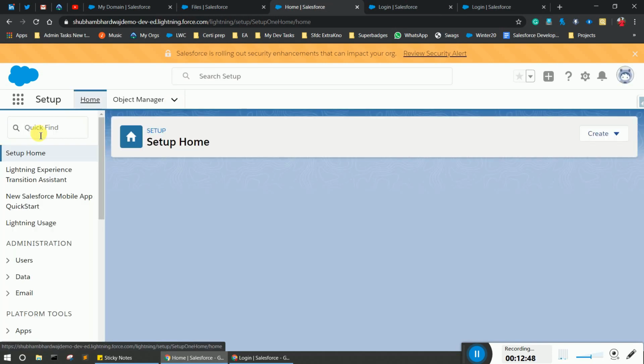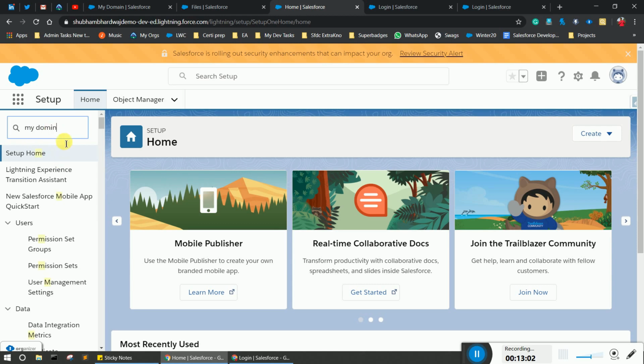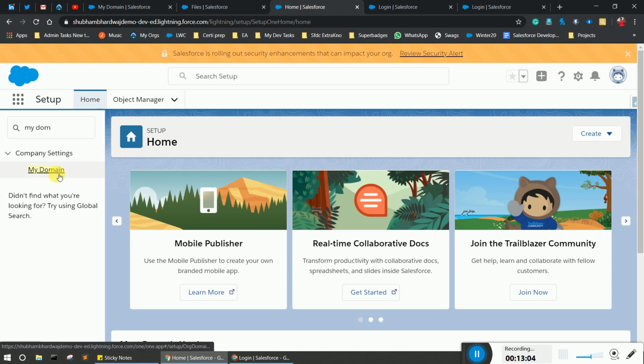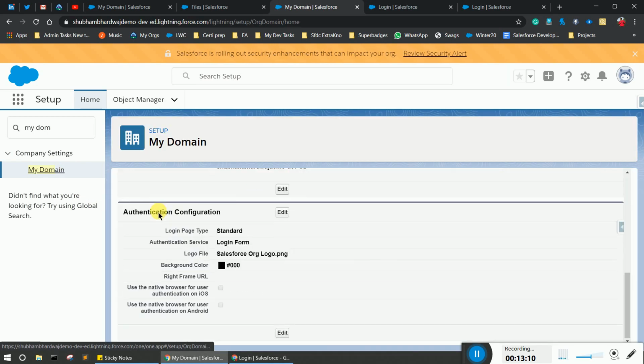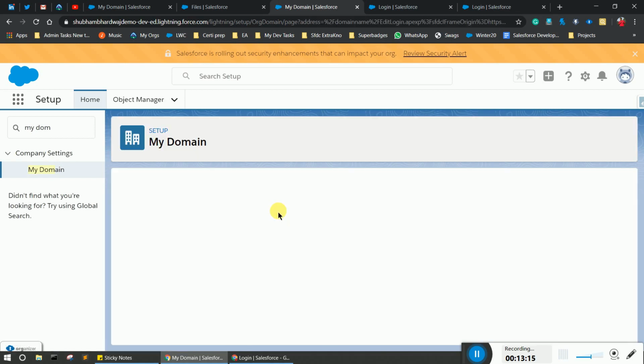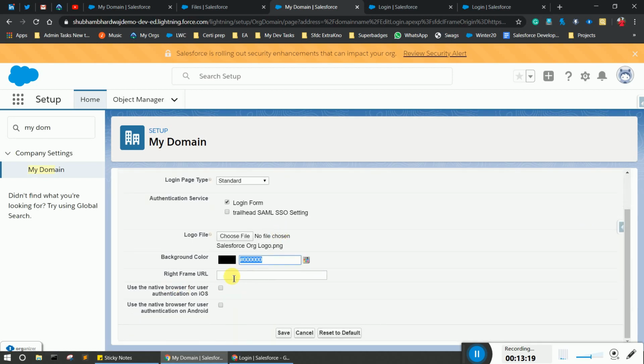Go to Salesforce My Domain, scroll down and click on edit. Here you have to provide the right frame URL.